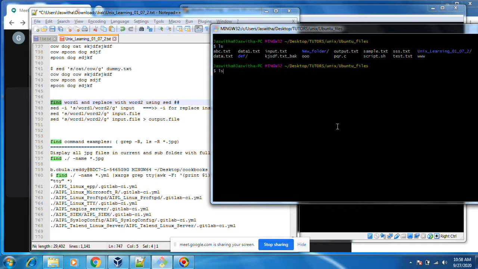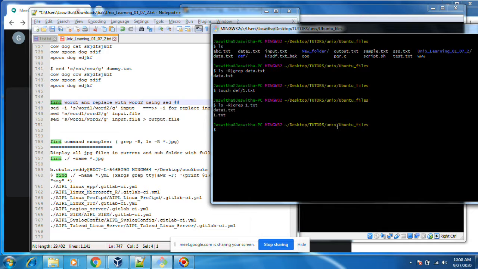Also, we can find with ls hyphen capital R and grep. Touch df/1.txt. I am searching for 1.txt in the entire folder.